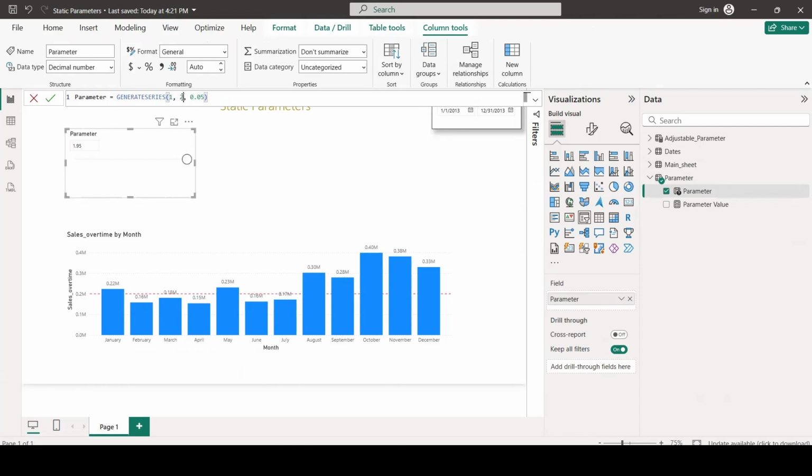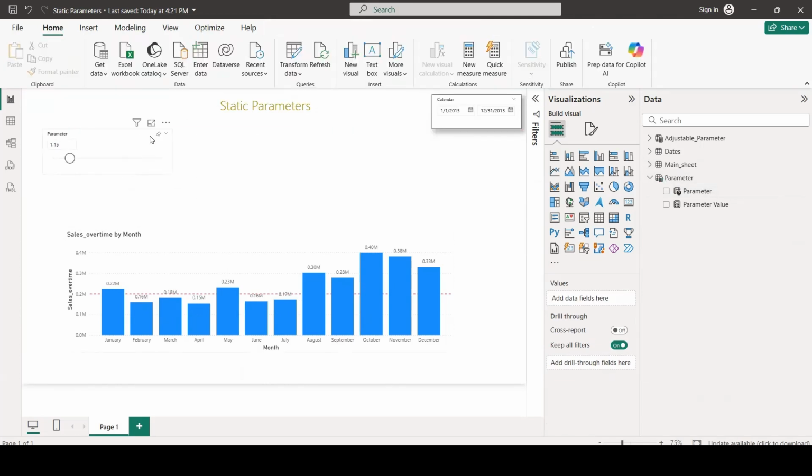So if I change now here, we can change also the boundaries. I can say 2.05. Once I do that, I will be able to adjust the number until 2. So now I can go from 1 to 2, which is perfect.